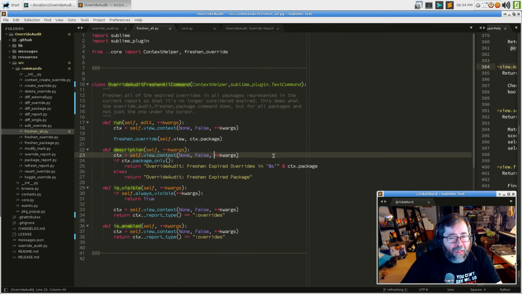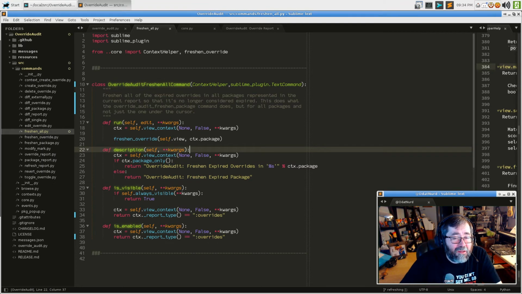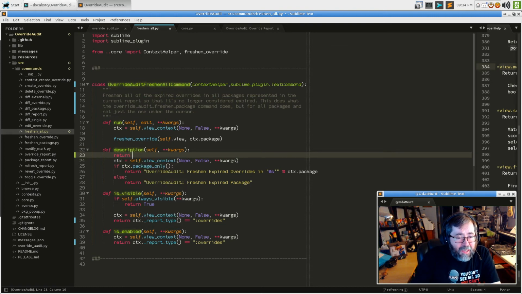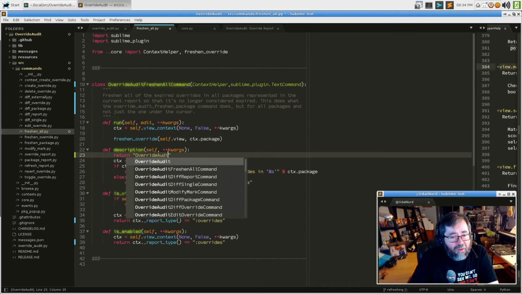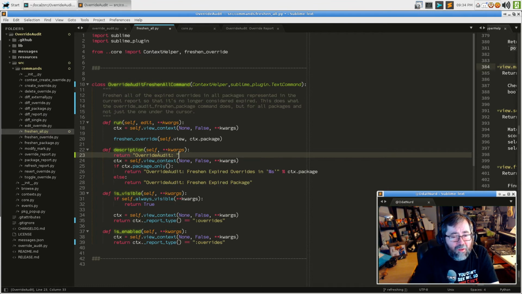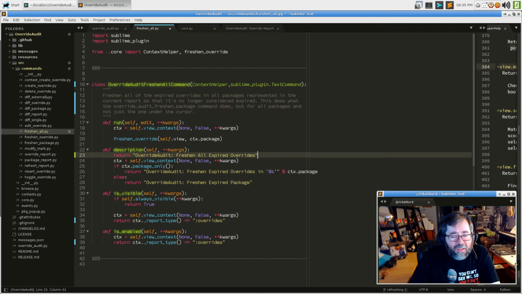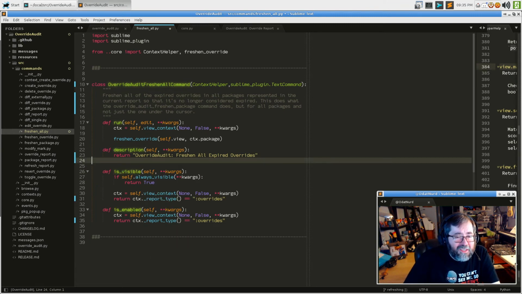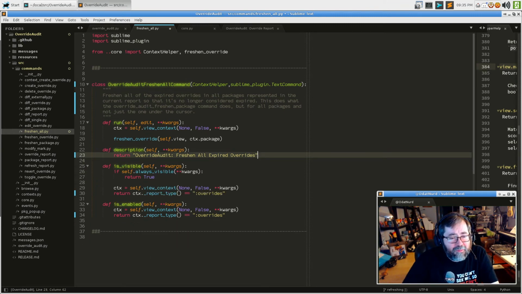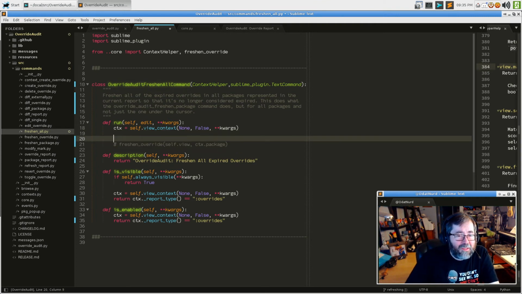So it doesn't necessarily need to have a description method. It would probably just be freshen all expired overrides, like so. Just to sort of keep it doing the thing that we want. And then we comment that out and say,